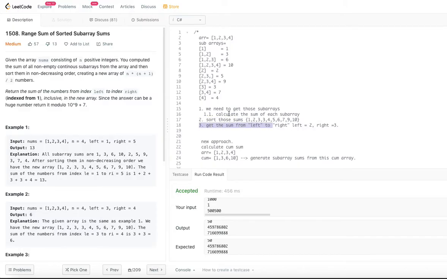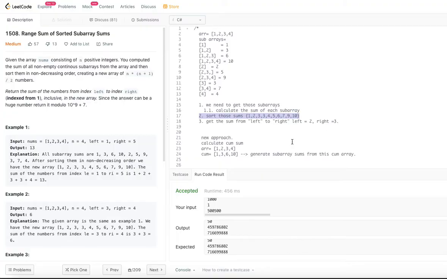As we said, these two are straightforward. We spent our time minimizing our effort to calculate the subarrays and their sums. So now we don't even get what is a subarray. From this cumulative sum, we are trying to generate the input required for step 2. Let's go ahead and look at the code for this.